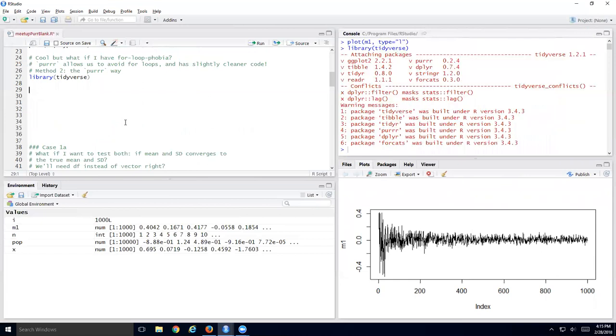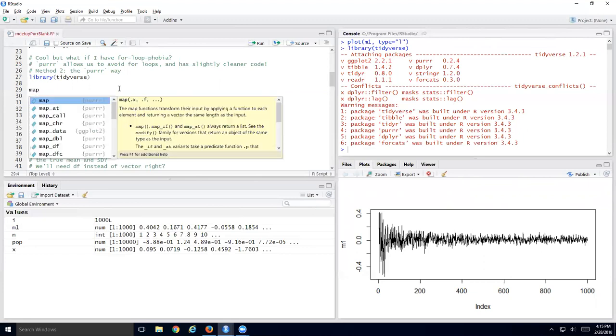All right, so first I would have to import my library tidyverse. So again, if you import the library, you can see that these are the bunch of packages that are loaded by default into your R environment. And one of them is purrr. All right, so purrr is always about this function called map. If you read the help file,